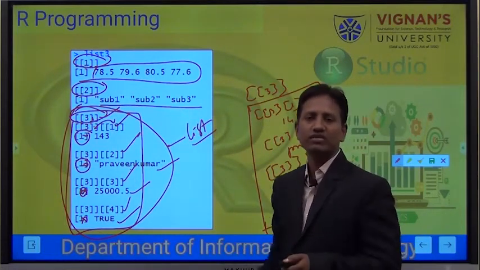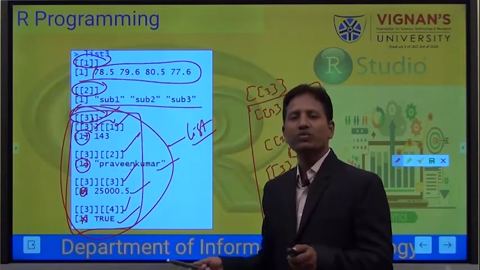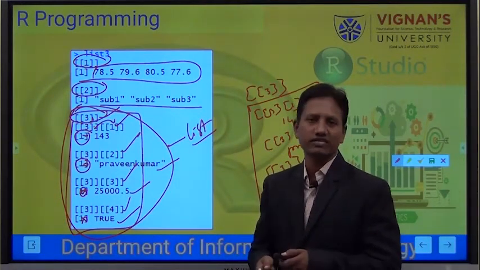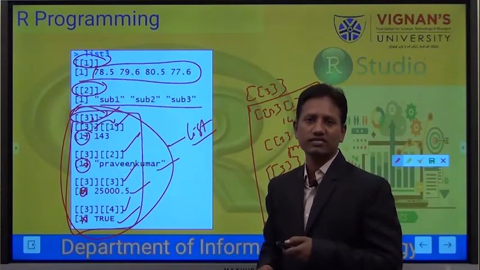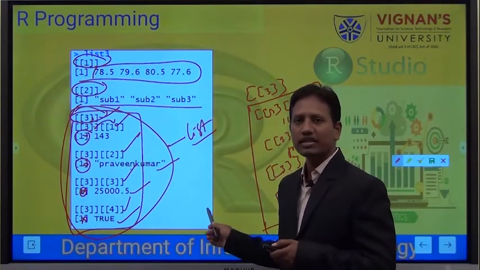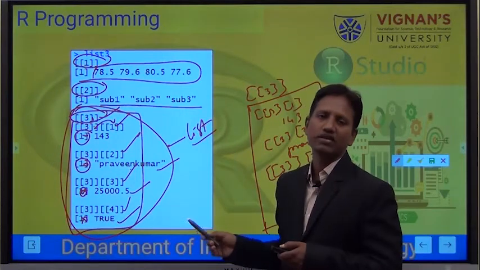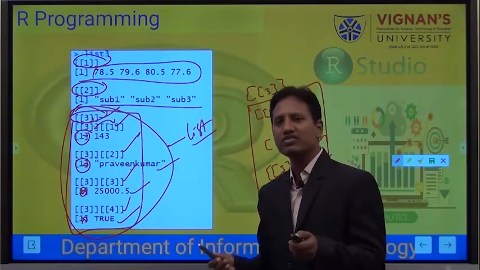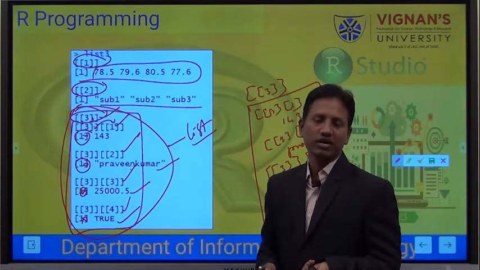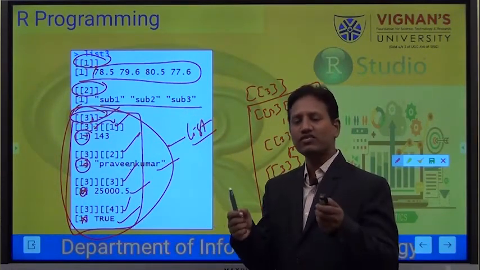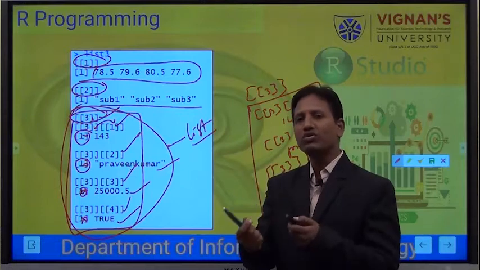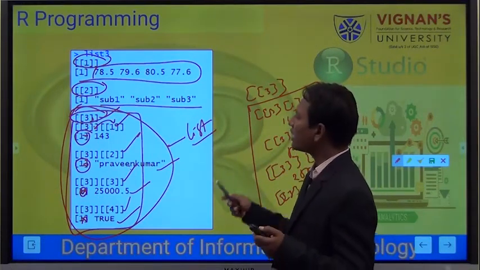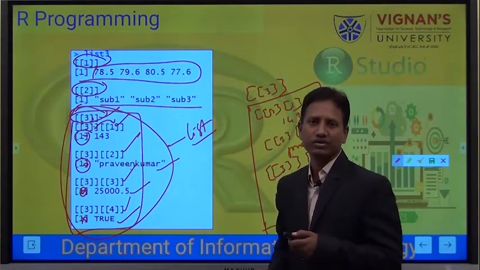This is how we can nest a list in another list, outer list and inner list. This is a tricky thing which we have to understand while creating the list, because we can pass a list to another list, or create one by nesting. But when we want to access it, we have to know how the indexing is going to work.